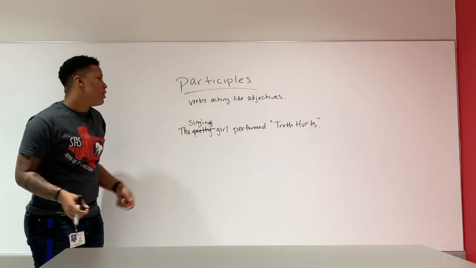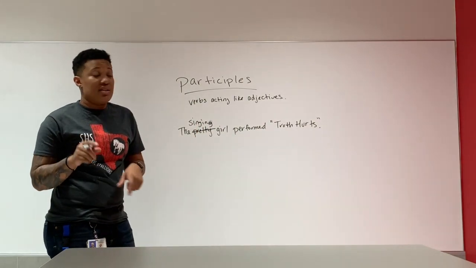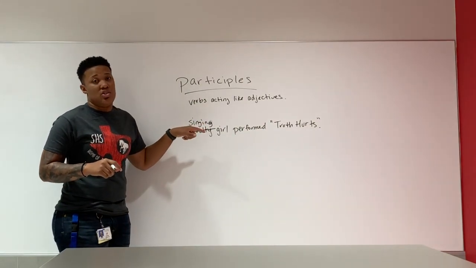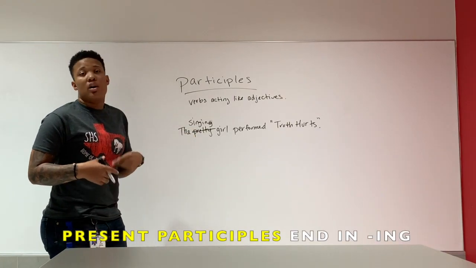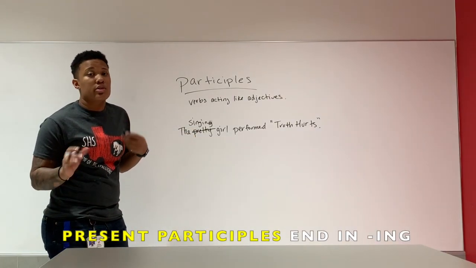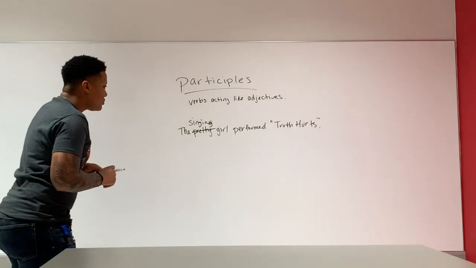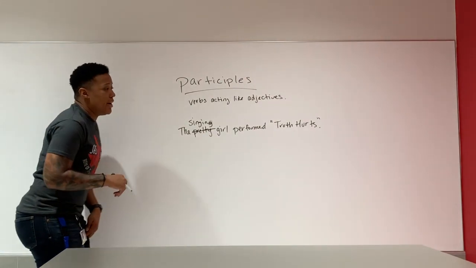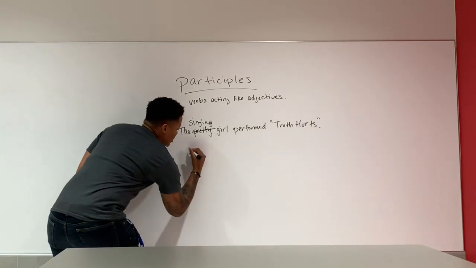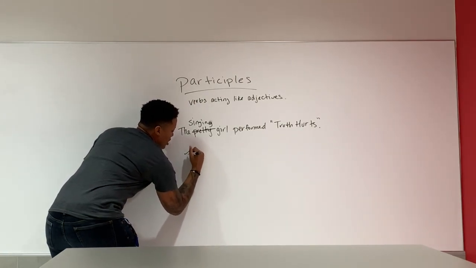Make sense? Now, notice just like gerunds that this particular one ends in ing. So present participles are always going to end in ing too. There's past tense, but we'll get to those. Let's do one more present tense. So let's say we had a dog. So you could say something like the